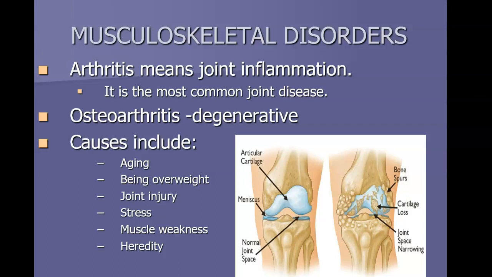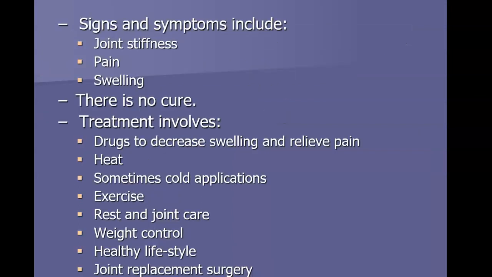Some people, there is a big family heredity factor to it. So if you have parents that have arthritis, there's a higher chance that you might have it as you get older, and especially once you start throwing these other risk factors in combination with that. So if you have a family history, you've had joint injuries, you're overweight, you're getting older, you're going to have obviously a much higher risk. So osteoarthritis causes joint stiffness, pain, and swelling.